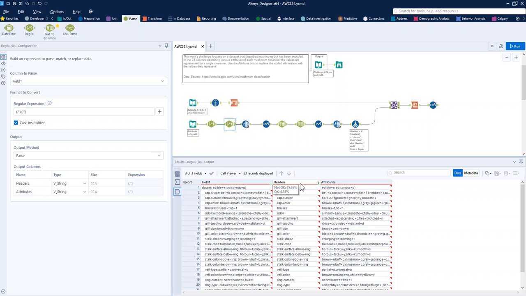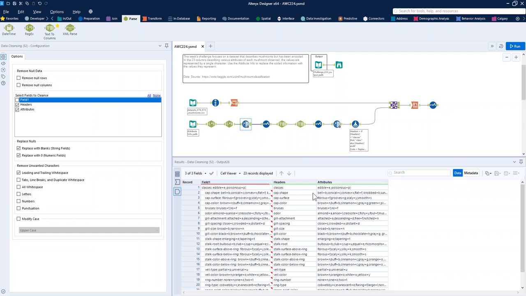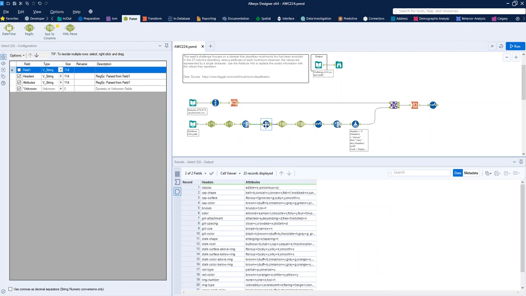sort of glaring out at me saying not okay, so I'm going to use a data cleanse tool here just to make it all nice and green at the top there, because it just needs to be getting rid of those leading and trailing white spaces. So that's great, that's looking a lot nicer already. I'm using a select tool just to get rid of that first column. Not really a necessary step because we could do it later, but it just makes me feel happier sometimes to